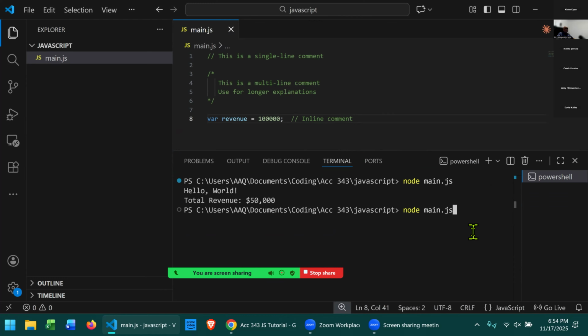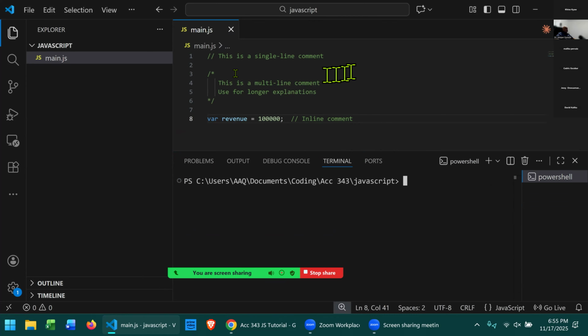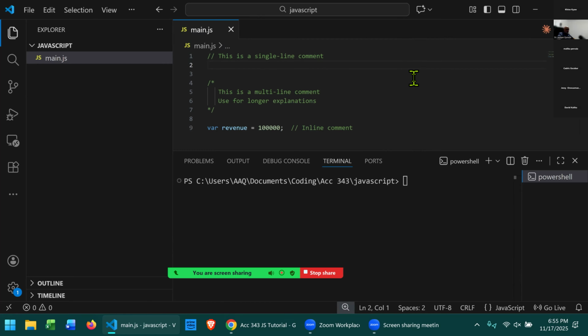So now that I've pasted this, I'm going to come in here. I'm going to clear it. Now, what is it that we're doing in here? We have double slash. So if you put 2/, that thing is called a comment. A comment is always ignored. So I'm going to say,